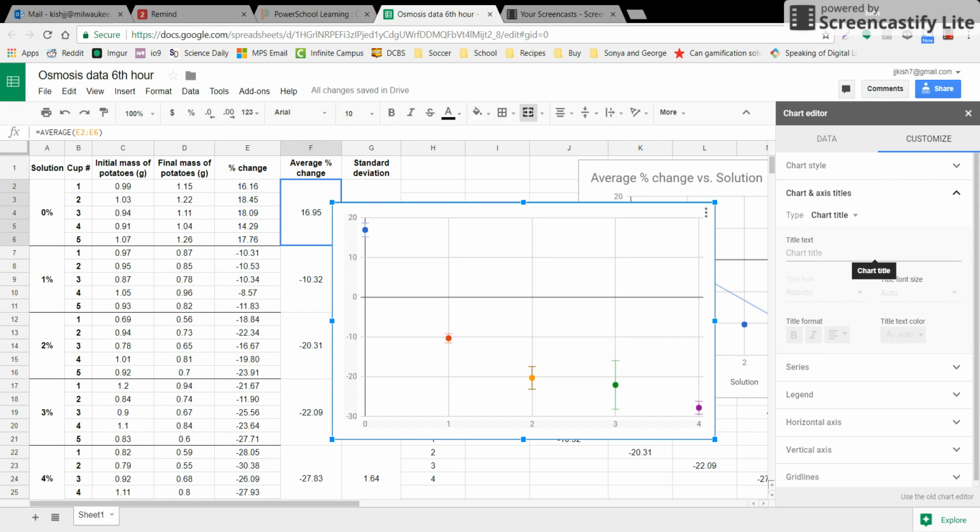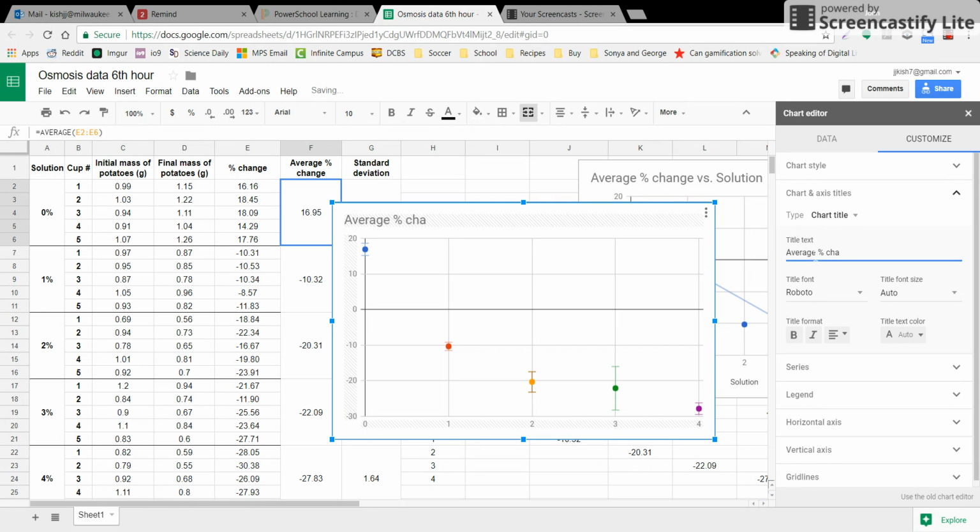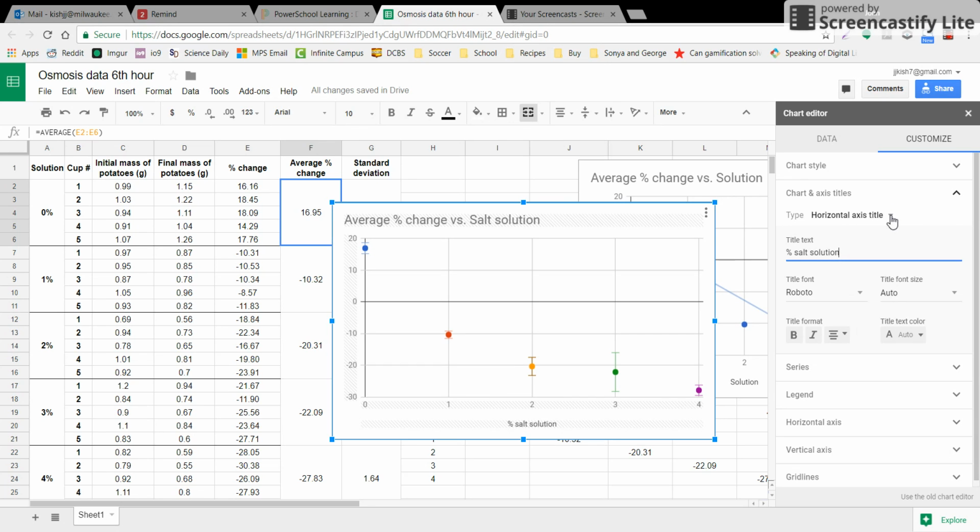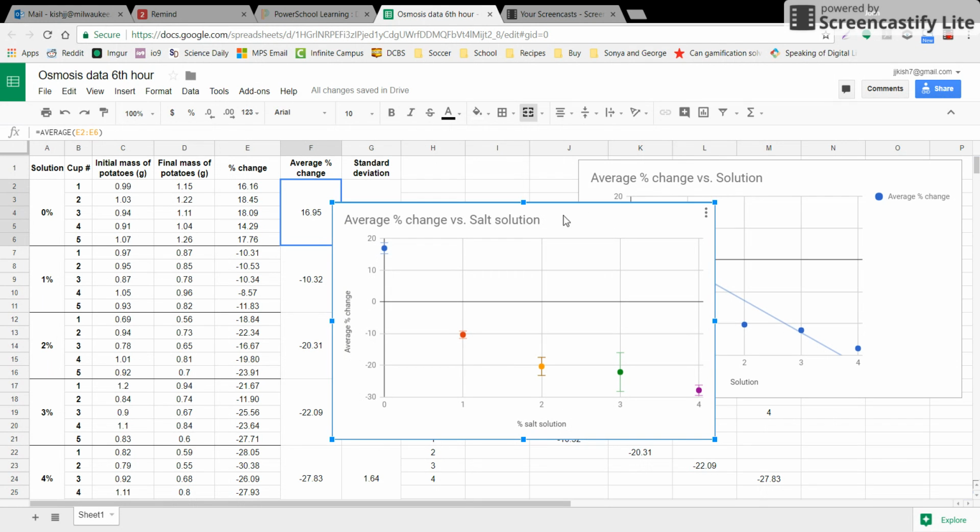We can give our chart a title. Average percent change versus salt solution. We can give our horizontal axis a title, percent salt solution. Pops up down there. We can give our vertical axis a title, average percent change. All right. Now we have a second graph that we can put into our conclusion